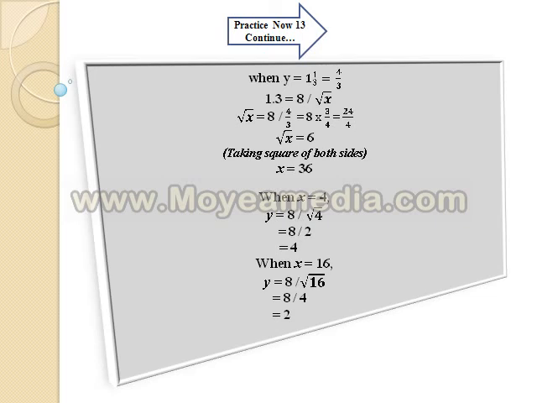So under root x, I brought it on the right side, and brought that 4 by 3, which is 1.3 basically, on the right side. It gets divided there. So if I replace the division sign, the slash, with the multiplication, 4 by 3 becomes upside down, becomes 3 by 4. So you see 8 3s are 24, 24 by 4, which is 6. So again taking square on both sides, I got x is equal to,